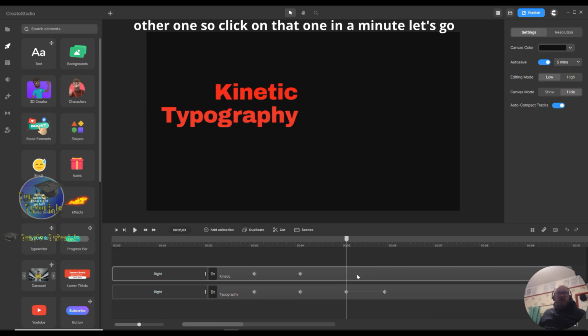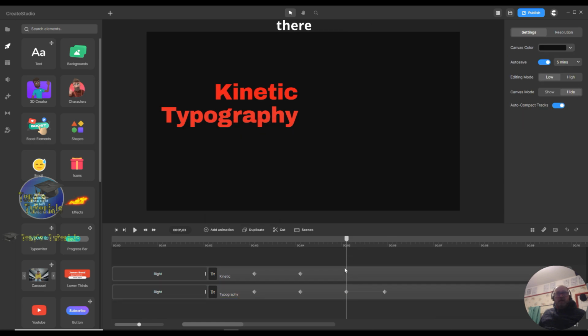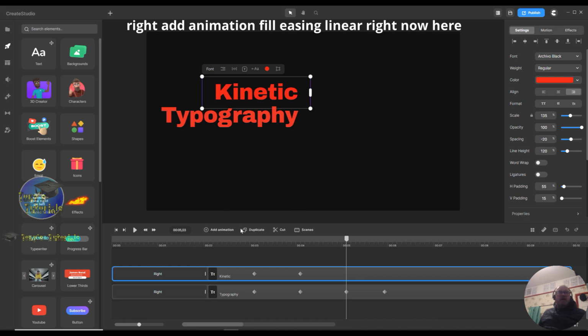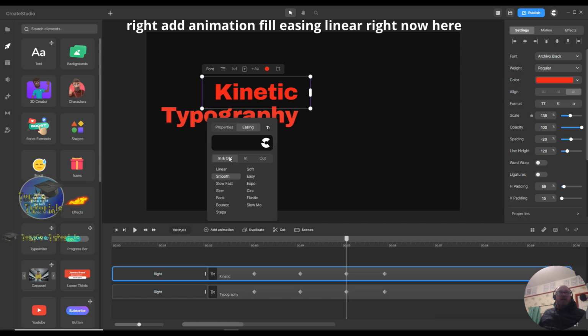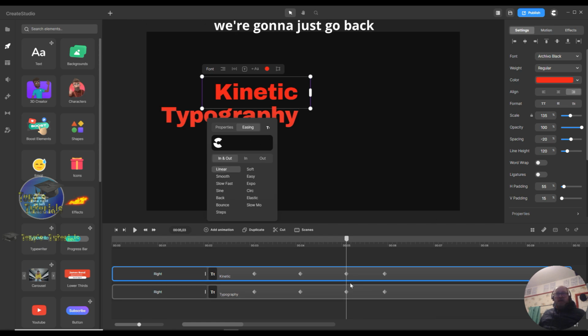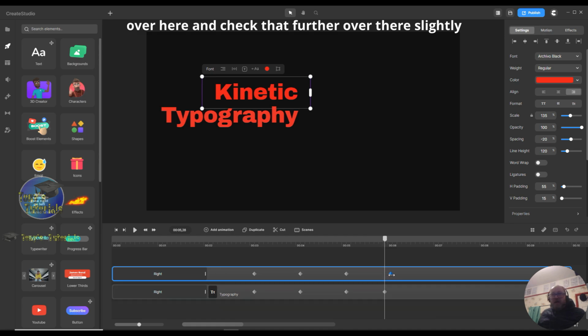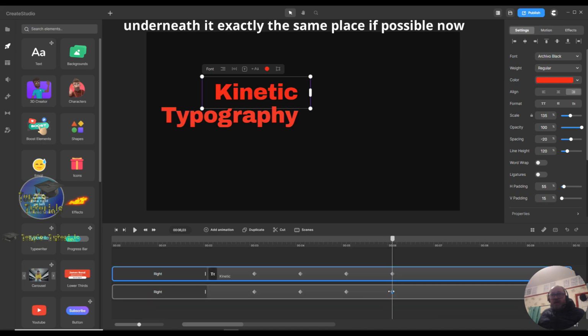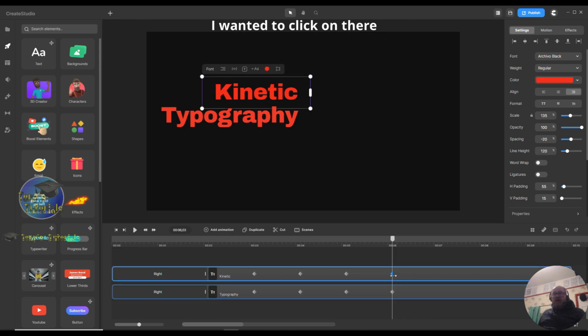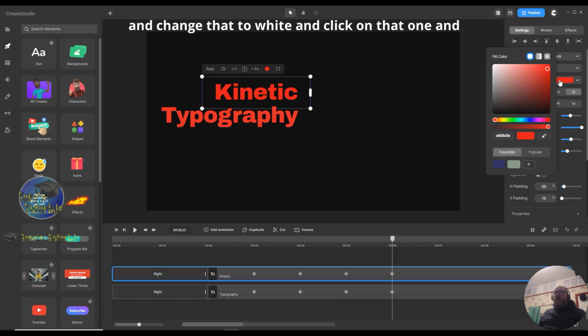In a minute, wait a minute, let's go there. Right, add animation, fill, easing, linear. Now here we're going to just go back over here. I'm going to take that further over there slightly, and that one's going to be underneath it, in exactly the same place if possible. Now I wanted to click on there and change that to white,